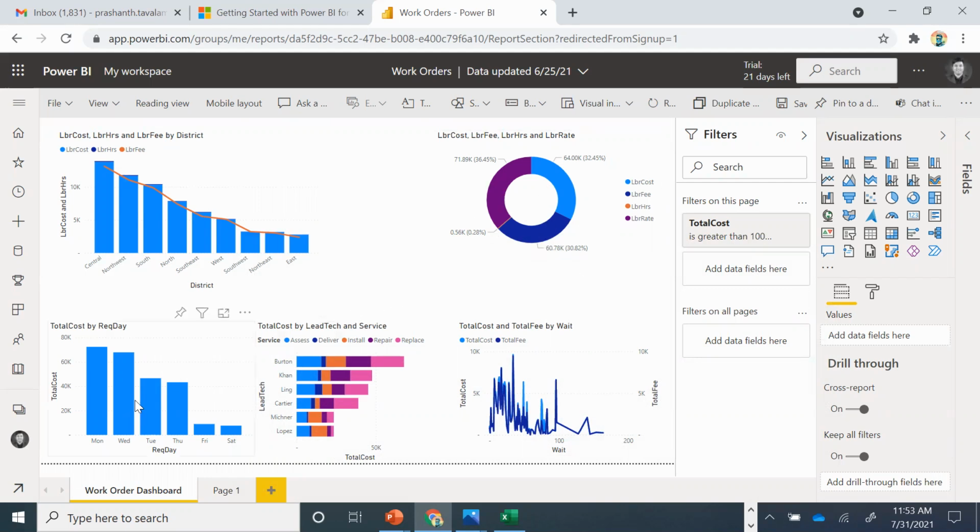So then you look at total cost per request day. You will see that on Mondays to Thursdays, the repair cost is pretty high compared to your weekend. Roughly on Fridays and Saturdays, the amount of repairs that happen are fewer in number, and the total cost is slightly less. So you may actually have a problem in here, and you may want to look at how do I increase sales in this space. So this is a good way to tell a story.